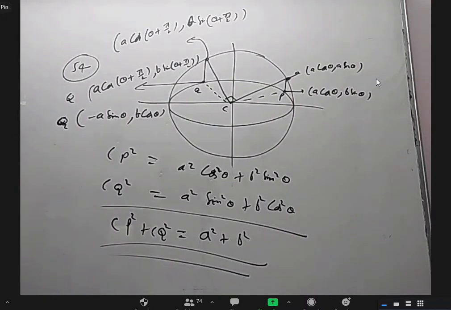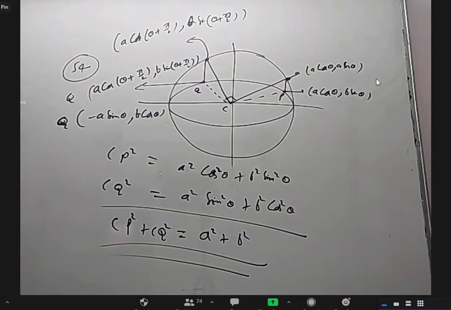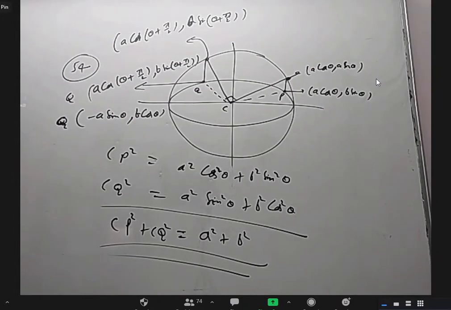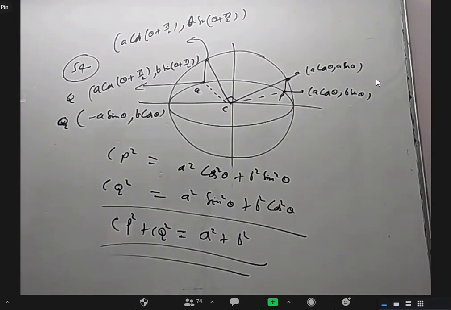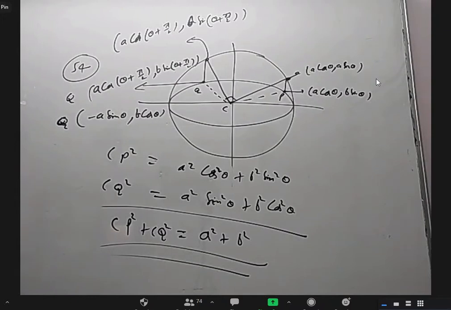So it is not necessary to write the auxiliary circle and the corresponding point that I mentioned. Still, I wanted to show where the angle pi by 2 is, but it's not angle PCQ. Otherwise, point P is a cos theta comma b sin theta. Simply replace theta with theta plus 90, you get the other point. Just find CP square, just find CQ square, and add them. Some of these questions are nothing to think about. We take point P and point Q because they already mentioned their parametric angles, and they wanted to find CP square plus CQ square. Find it. If the answer doesn't come, then we have to see.